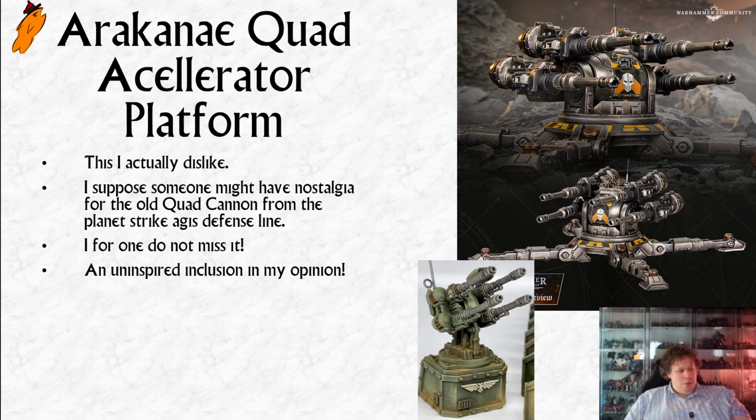Because I remember when I was really into 40k, there was a period where my Sisters of Battle, who had no access to any kind of anti-air, would resolutely spend the 100 points or whatever it was on some Aegis defense line with a quad cannon. You'd end up having to sit a squad with heavy bolters, and the sergeant would stand next to this quad cannon, firing it, so that you didn't just get completely annihilated by flyers, because it was during that period of the game when they wanted to sell those flyers, and so the flyers were really, really powerful. And not everyone had their own answer to flyers. So because of that negative association, and just because it generally looks like a pretty uninspired model,